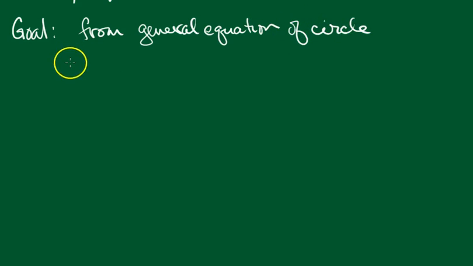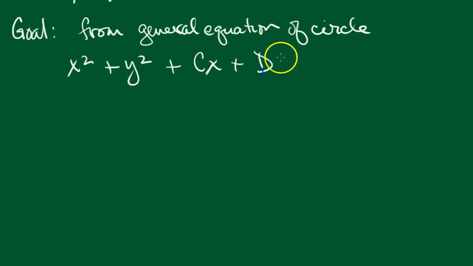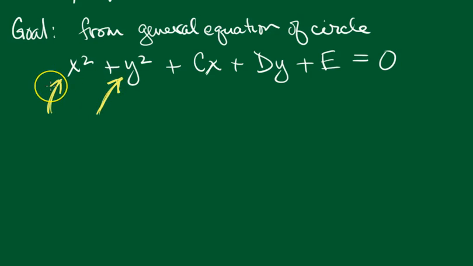which looks like this: x squared plus y squared plus, I don't know how many x, plus some number of y plus a constant is equal to 0. Now, I know that it is a circle because I have a coefficient of positive 1 on both the x squared and the y squared. Okay, that's the general equation of a circle, and I want to transform that into the standard equation of a circle,